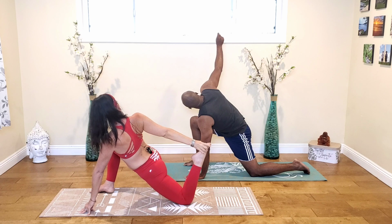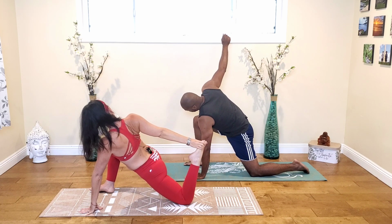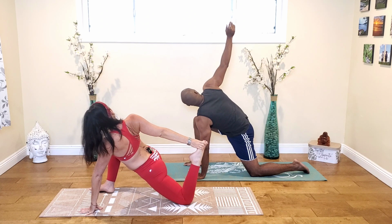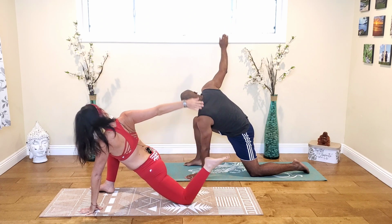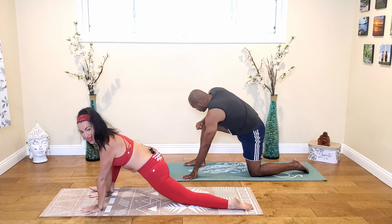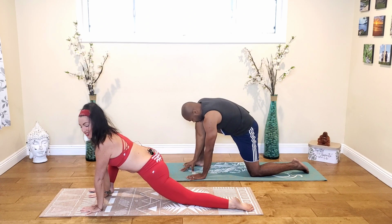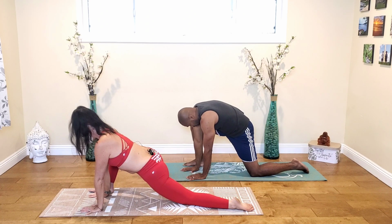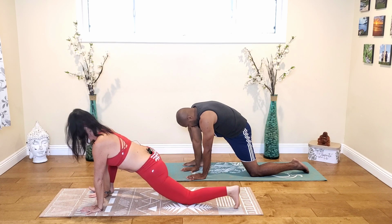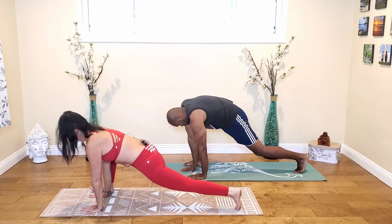Maybe clasping your hand around that foot, feeling deeply into that left thigh. Keep breathing. Release the foot if you have grabbed it, and then release the twist, bringing your right hand down to the mat. Stay here in lizard for another moment. Inhale and exhale. All right, tuck your left toes under, lift up the left knee, then step the right foot